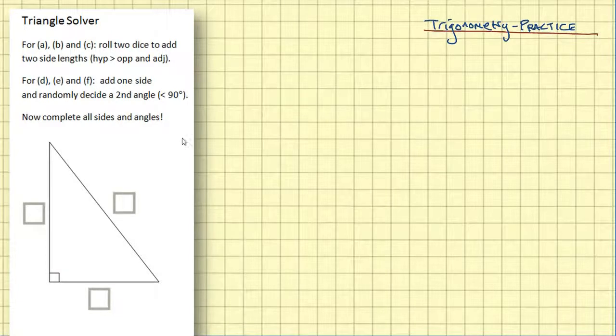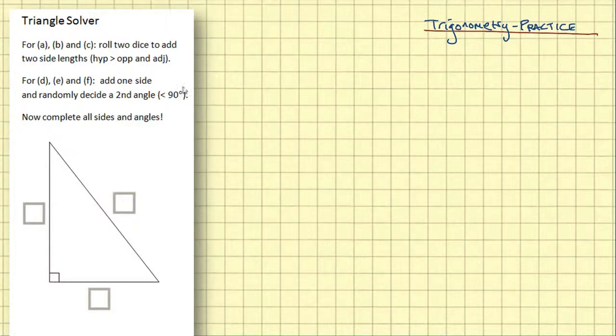Okay, so here I've got a triangle solver. This is a practice video for trigonometry, and what we've got to do is draw 6 triangles. Now for A, B and C, we have to roll 2 dice to add 2 side lengths to a right angled triangle. And we've got to make sure, it says in brackets, that the hypotenuse is greater than the